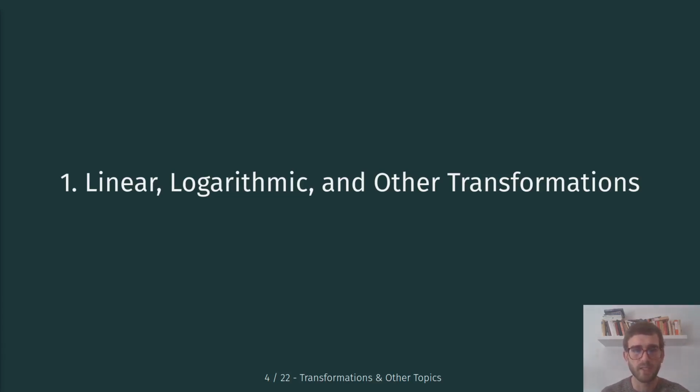So in general, whenever we talk about linear transformations in the context of linear regression, these linear transformations don't affect the model fit. They are usually just used to improve interpretation of particular coefficients. And whenever we talk about nonlinear transformations like the logarithmic transformation for outcome measures, for example, that ultimately changes the underlying data generating process that we're modeling, and therefore also affects the interpretation, but also affects the fit. Okay. So to outline that in a little bit more detail, I'm going to go through some examples